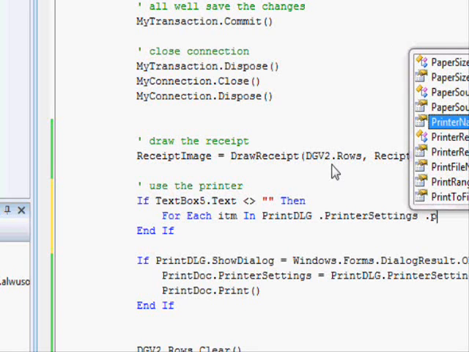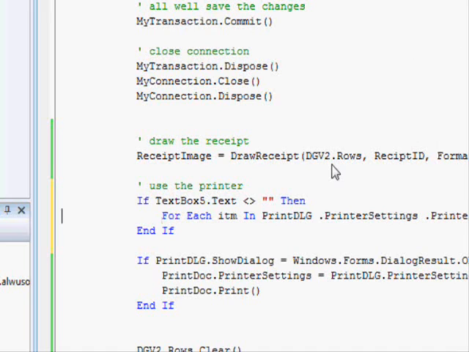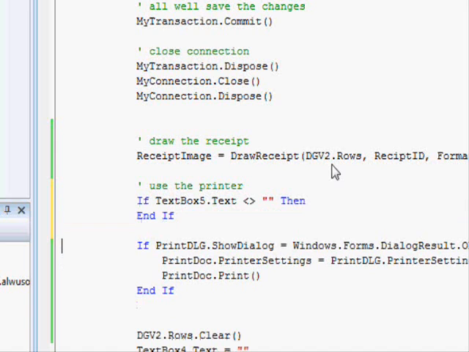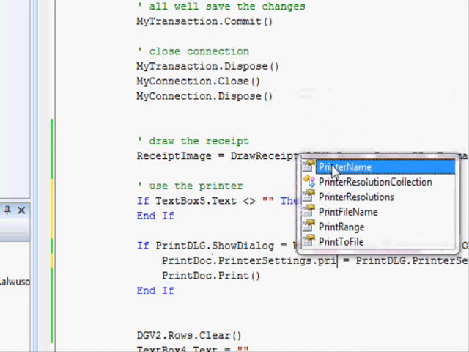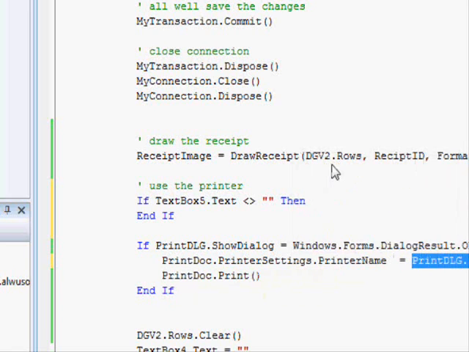Wait a minute. Printer settings dot printer name. Guess the name of the printer to use. Wait a minute, no need for that. I think I can use the name of the printer directly. No need to do any kind of settings. So print settings dot printer name equal